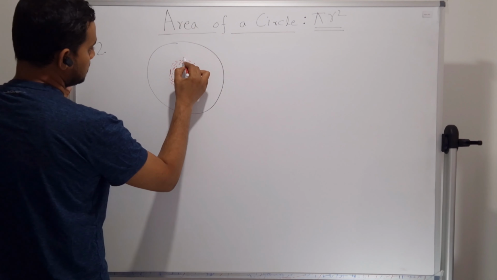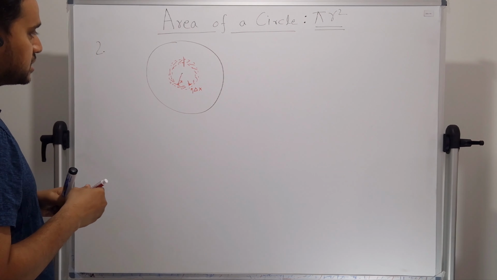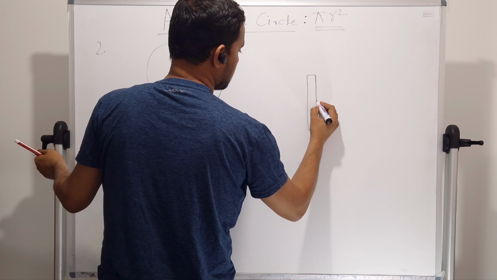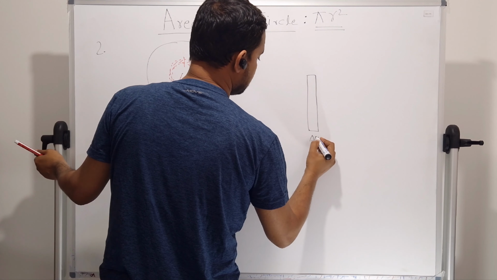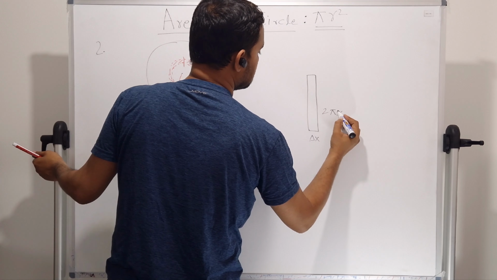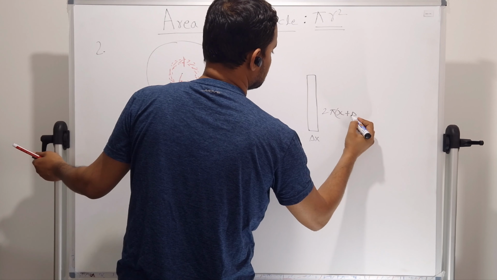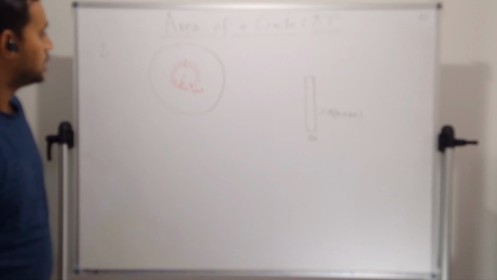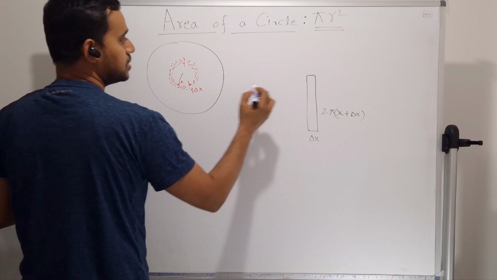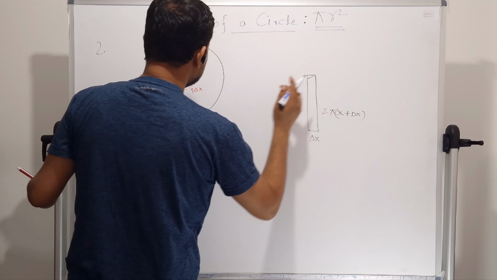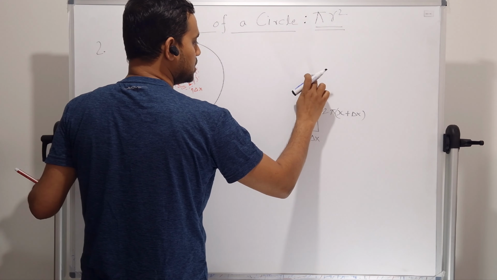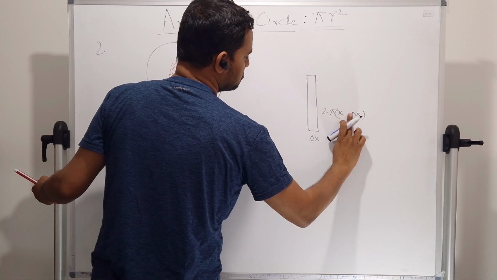If I cut this ring from here and open it up, this is how it would look. This width will be delta x, and this length will be 2 pi x, actually x plus delta x. And this part will not actually be a rectangle because the inner ring is smaller. It would be something like this, a trapezium. But we could again assume that delta x is very small, almost zero. In that case, we could assume that this is a rectangle,